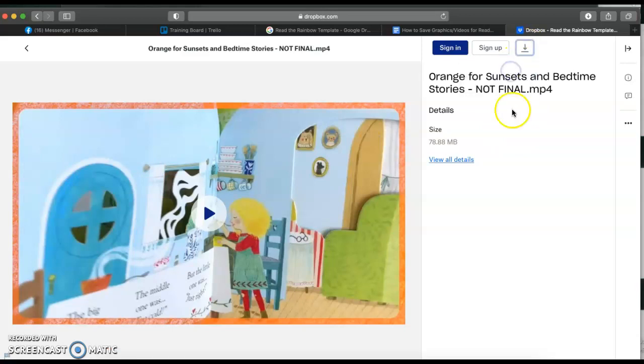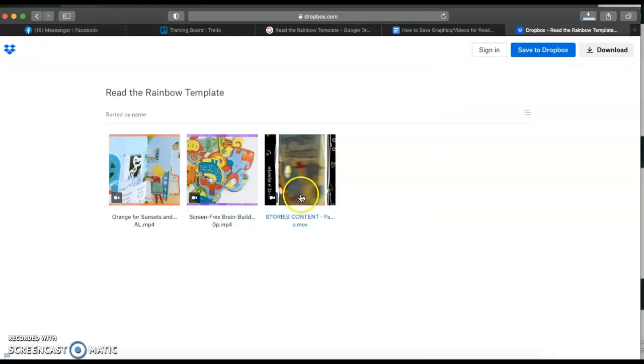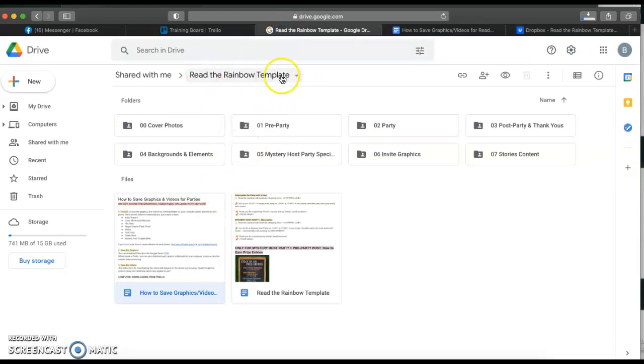Direct download. And there it goes. So it does take a little bit of time to download, but it will pop up and you can save it to your desktop when you're done. And then I can go back and I can just download those other two. Pretty simple. But that document, just again, is in the Read the Rainbow template